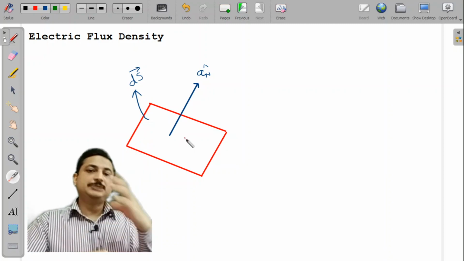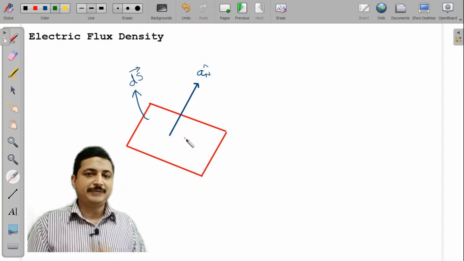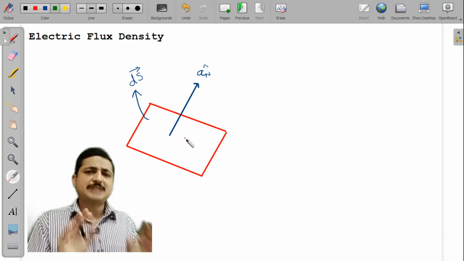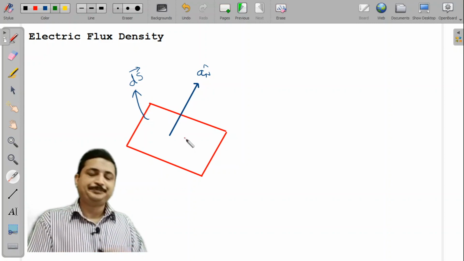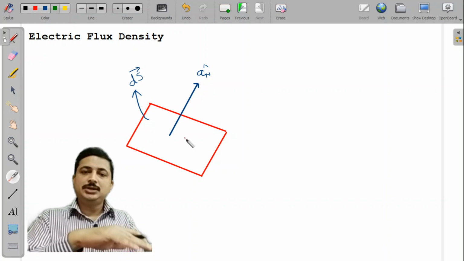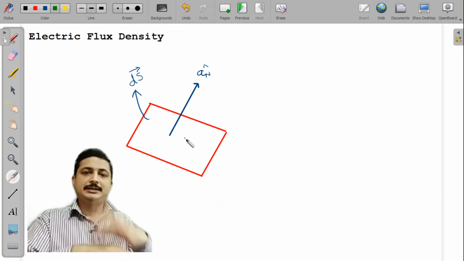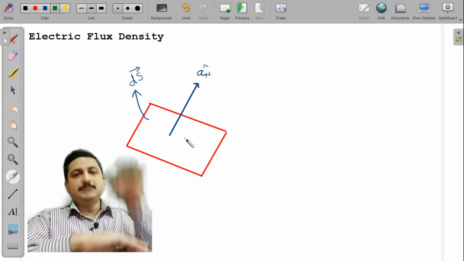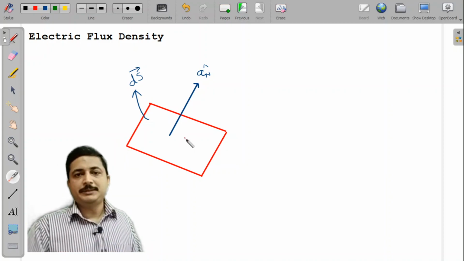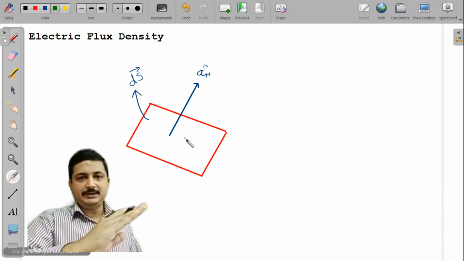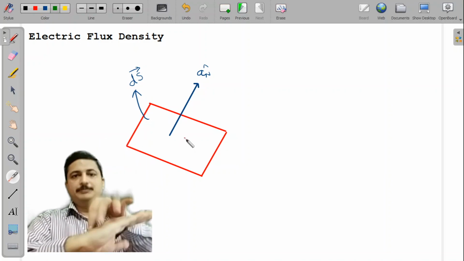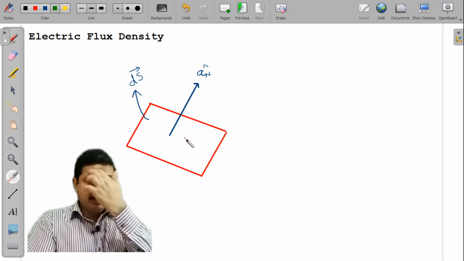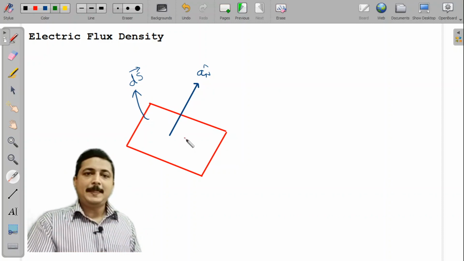Now, if you represent this beam of light as rays of light, forgetting about refraction and all the other basic physics laws, for explanation purposes let us neglect Snell's law. You switch this on and you have so many light rays coming. Normal to this glass plate, there will be so many flux lines coming. If I tilt the glass a little bit, still the flux lines will come, almost normal to that, or in the direction of how you hold the torch. Same idea.